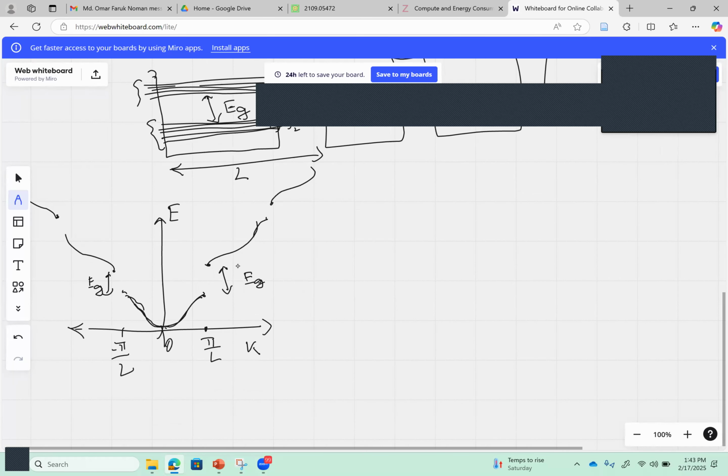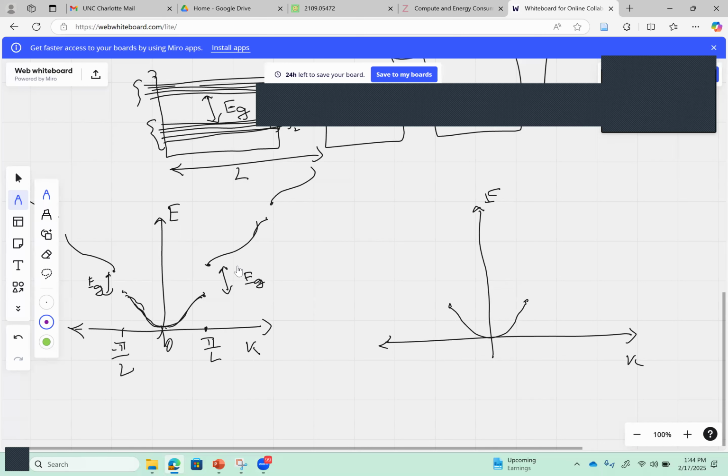And instead of drawing it like this, people draw it in a folded fashion. So they draw it like this. So this is the first branch of the EK diagram. Then in the second case, when you have this guy,